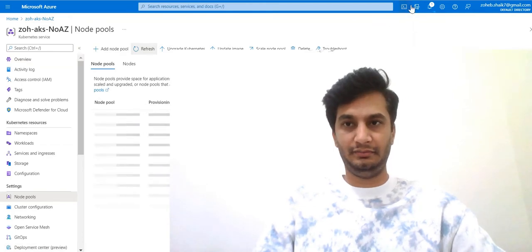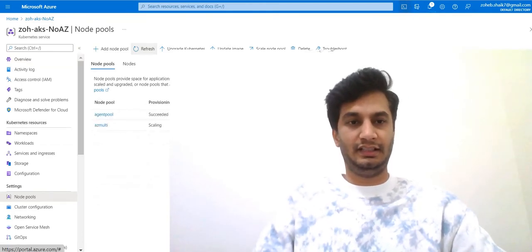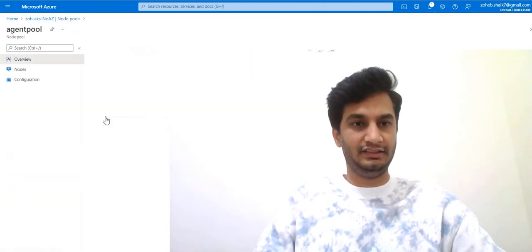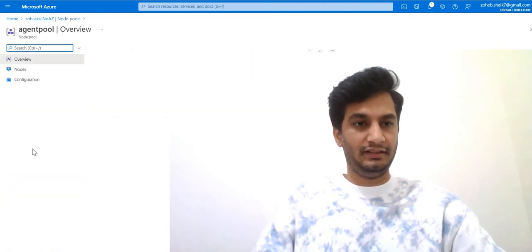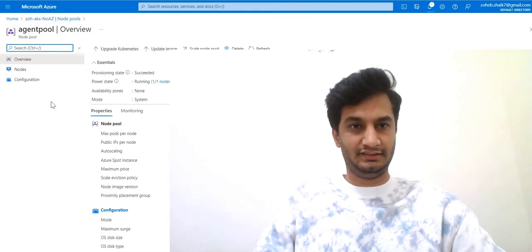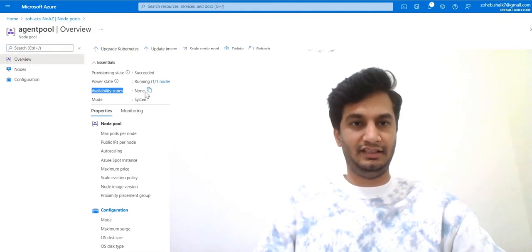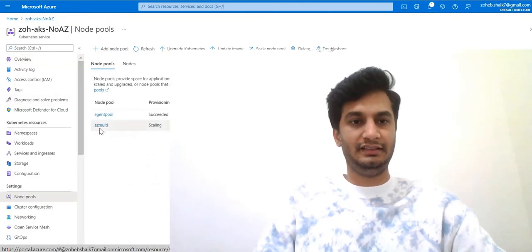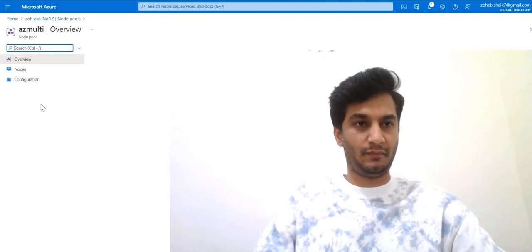It will take some time. The reason why I'm scaling down is, if you see here, this node pool is running with no AZs; availability zone is none. And I have one more node pool which I created for this POC, which is running with multi AZs. Why?